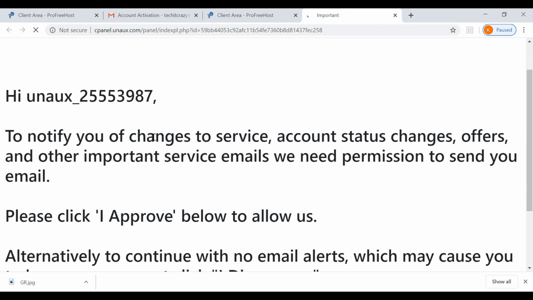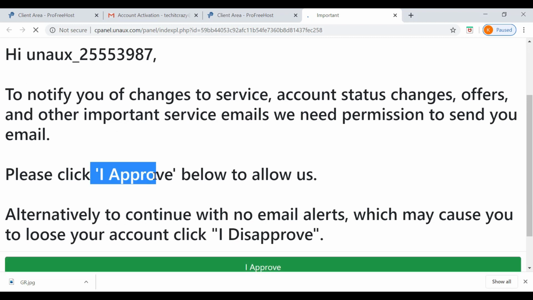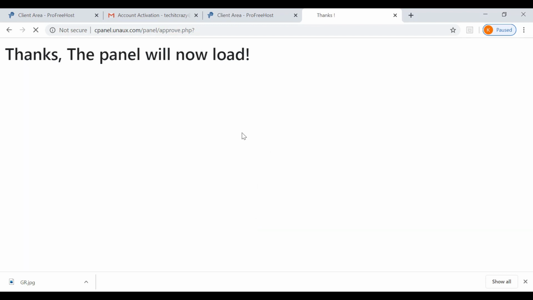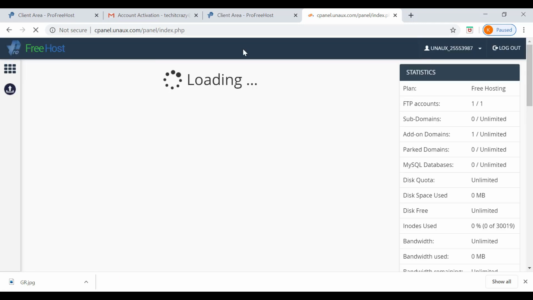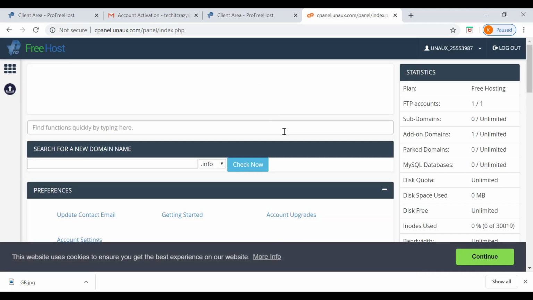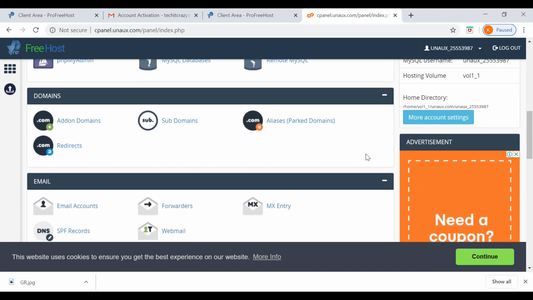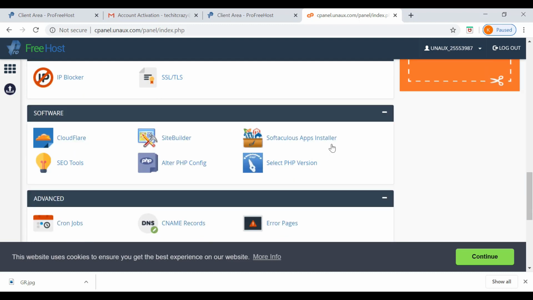There we need to accept the conditions. I need to approve this to proceed further, otherwise it won't. Now the control panel is loading. Once it is loaded, you can see some of the tabs like preferences, files, domains, email, metrics, software.